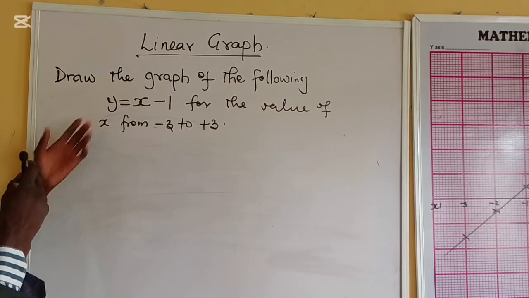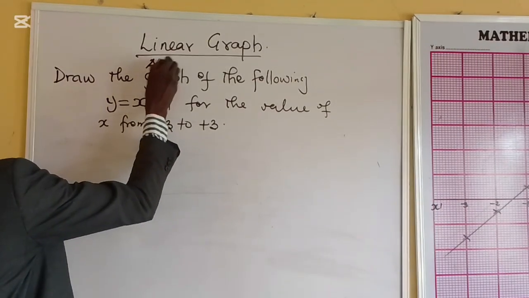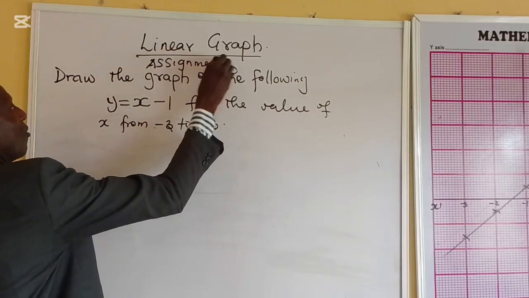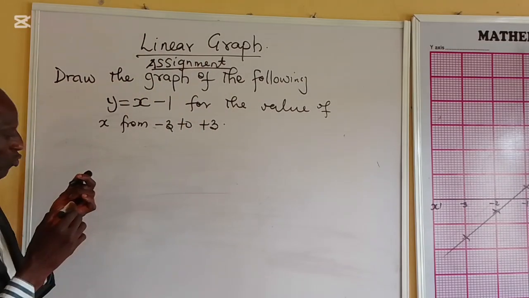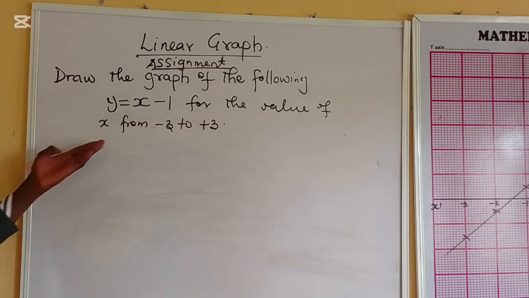So I want to drop this with you as an assignment. When I teach, I give assignment. My students know me, they always complain because you must do a numerous assignment, but I want to give you just one. Now, draw the graph of y equal to x minus 1 for the value of x ranging from